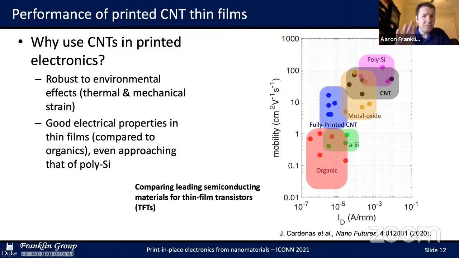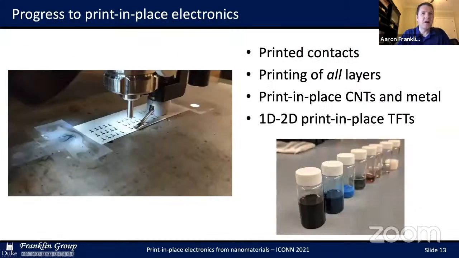Meanwhile, the nanotube films, if you don't print them, if you process them with more aggressive means like high temperature thermal treatments, you can actually get them to compete really well with the very popular metal oxide films, which are not printed. These are indium gallium zinc oxide and other metal oxide semiconductors that have very heavy use in thin film transistor technologies, such as virtually every display that you have to this day is using metal oxide semiconductor thin film transistors.